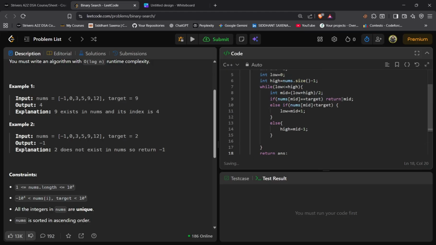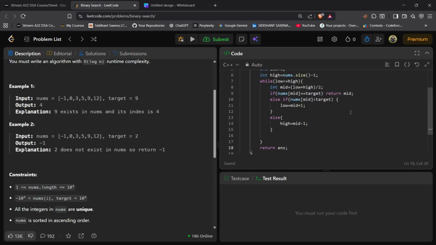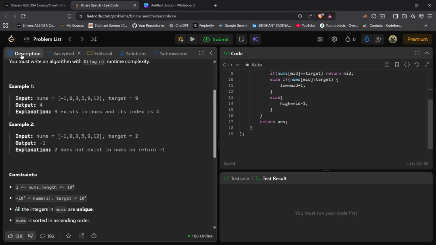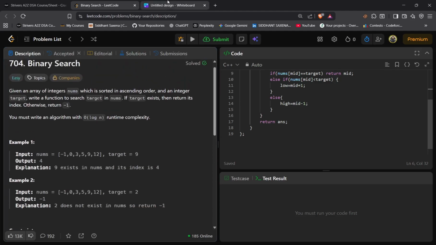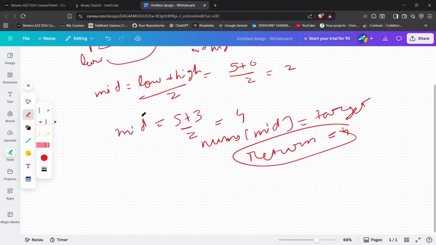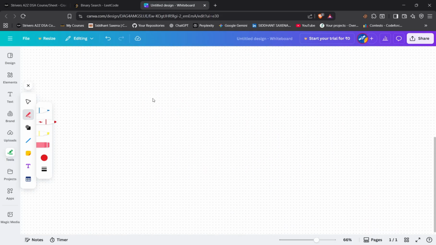And here we will return mid, and else we will return answer. Okay, it is right, I think. It is easy, that's why it is submitted. Otherwise there is one edge case of overflow that happens if your array contains int max numbers,